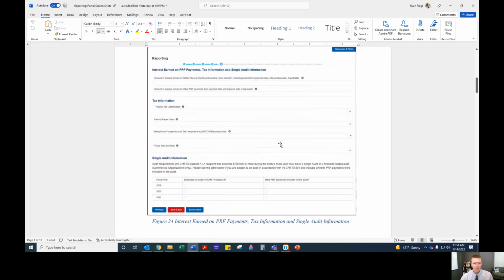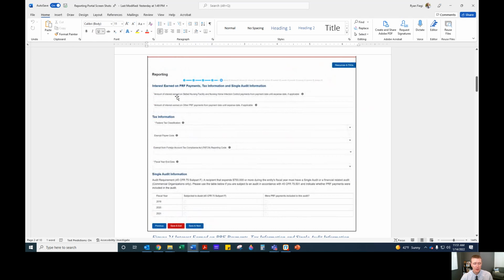On the next screen, we have interest you've earned on any of your payments. So if you have held the funds in any interest-bearing accounts, go ahead and add those amounts in that top